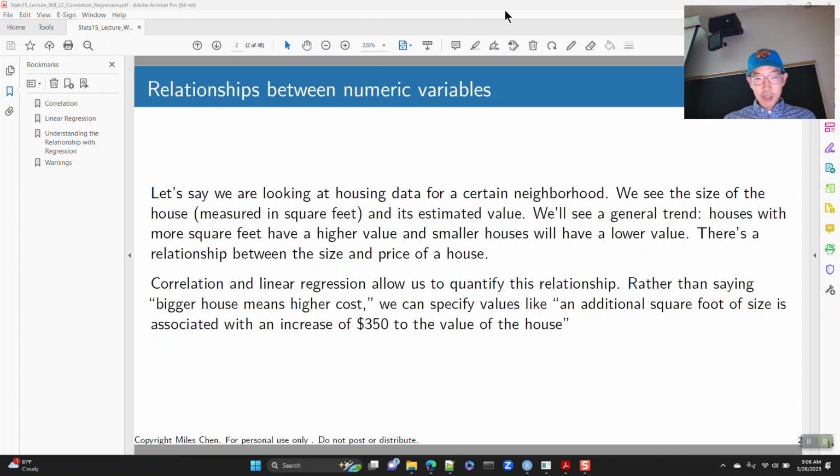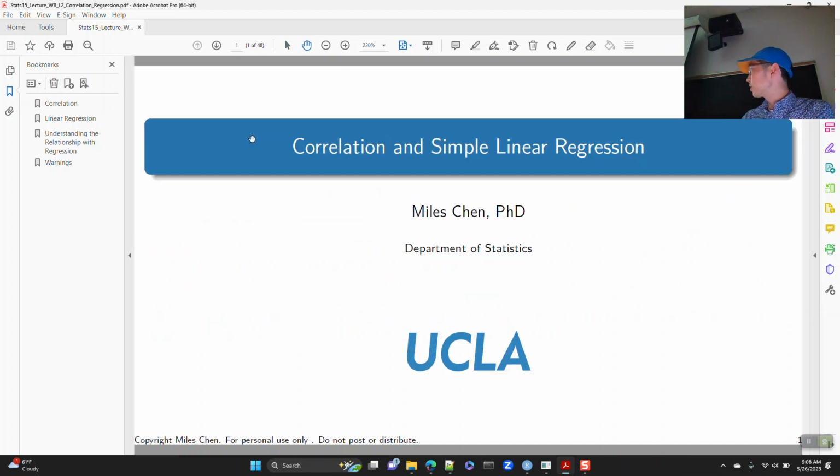All right. Today I wanted to talk about measuring and looking at relationships between numeric variables. The topic we're going to be looking at today is correlation. And we'll start off with simple linear regression. Now, this is an intro